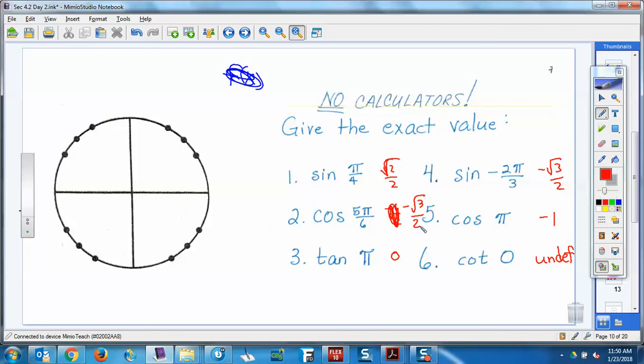Cosine pi. Negative 1. Cotangent 0. Isn't that one undefined? Because cotangent would be the reciprocal of tangent, so it's going to be x over y. 1 over 0. Undefined. Okay? All right. So that's what I had there. So I missed one. I got 5 out of 6. All right. So,